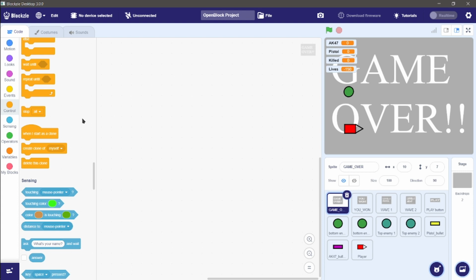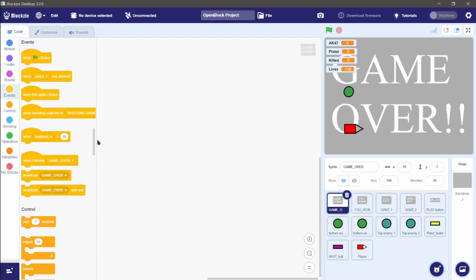So we are going to decide that now. At which particular time this is going to be displayed is decided by this. When I receive game over, means this particular sprite is receiving the message of game over, then it should go to this particular